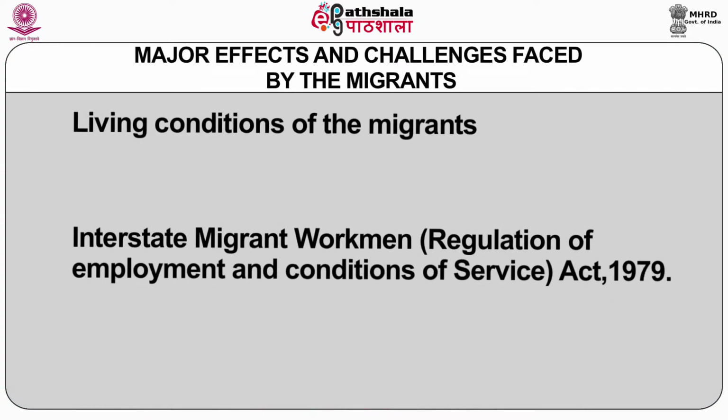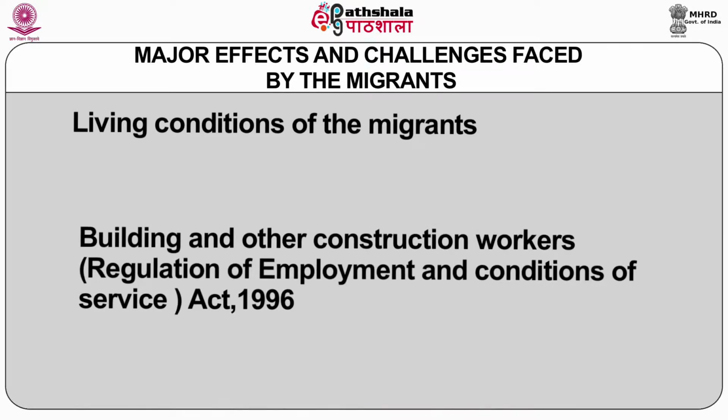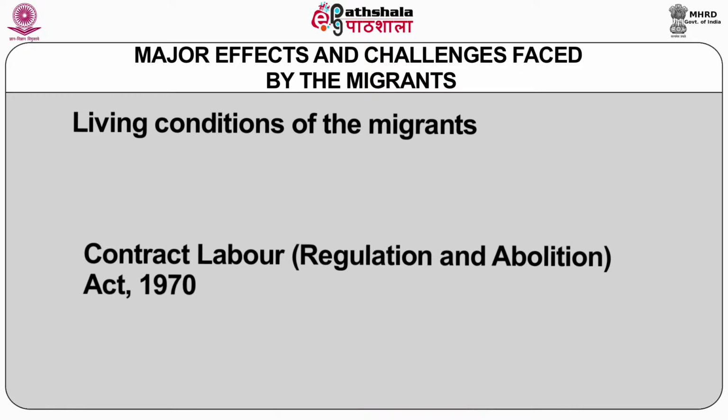The laws that are applicable include the Interstate Migrant Workmen, Regulation of Employment and Conditions of Service Act 1979, the Building and Other Construction Workers, Regulation of Employment and Conditions of Service Act 1996, and the Contract Labor, Regulation and Abolition Act